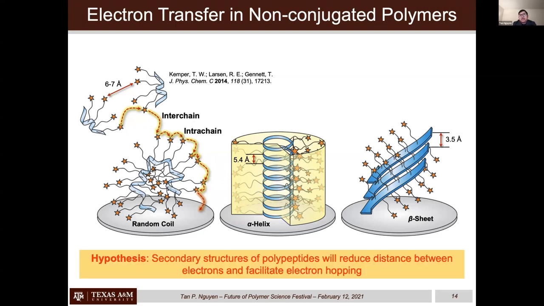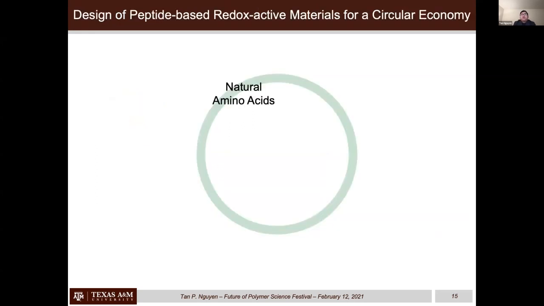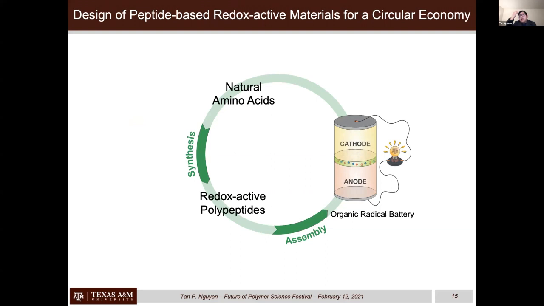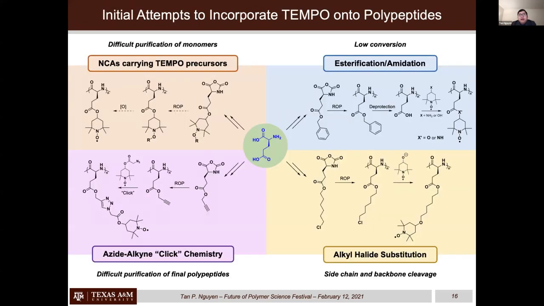So our hypothesis is that by using polypeptides, we can exploit their secondary structures to reduce the distance between the electrons and facilitate the hopping in the polymer network. With that in mind, we aim to convert small molecule amino acids into active polypeptides, then assemble them into an organic radical battery. And at the end of life of the battery, we also want to degrade the polymer back to the starting material. So we started with glutamic acid as the starting synthon,